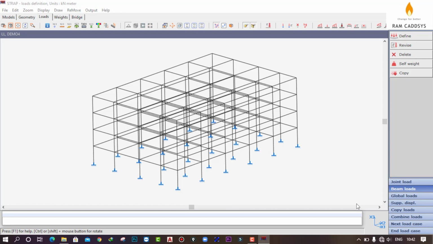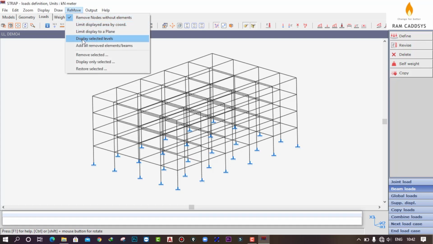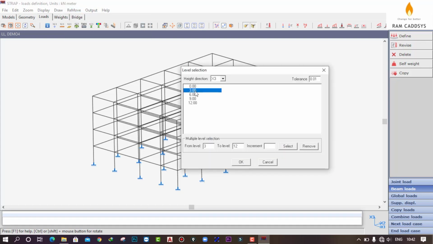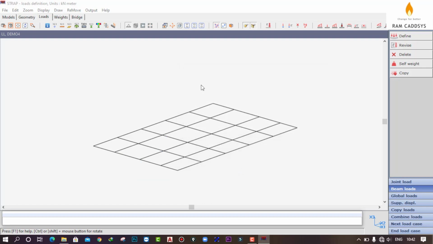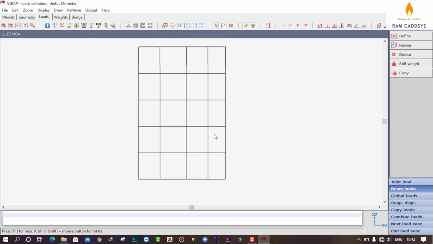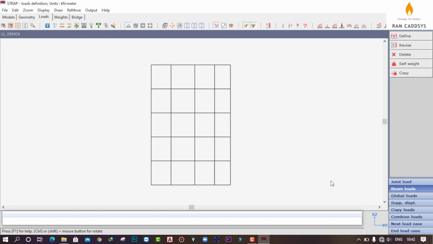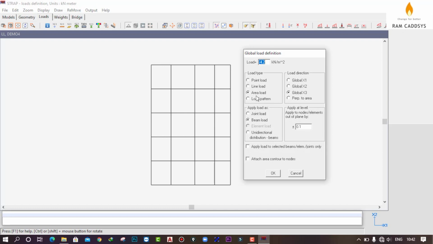Now live load we will be assigning as our global load, which is our area load. So again I'll be going to remove, display selected levels at 3 meter. OK. Now plan view, and here I'll be assigning a live load of 2 kilonewton. So go to global loads, define, it will be area load, and that value will be -2.